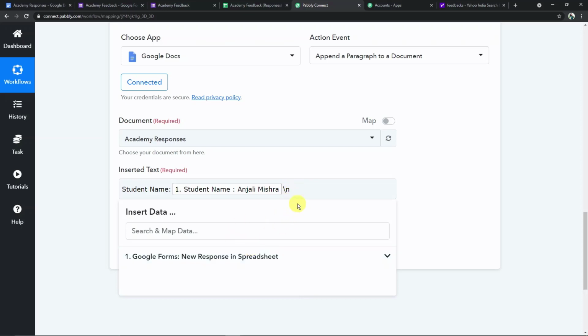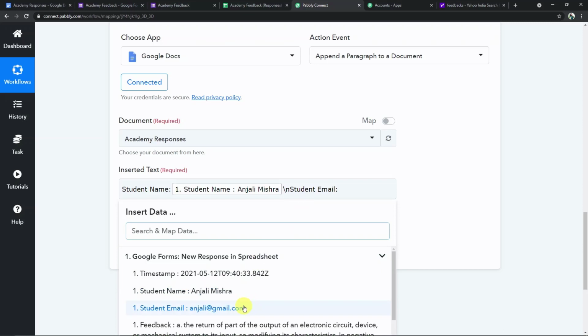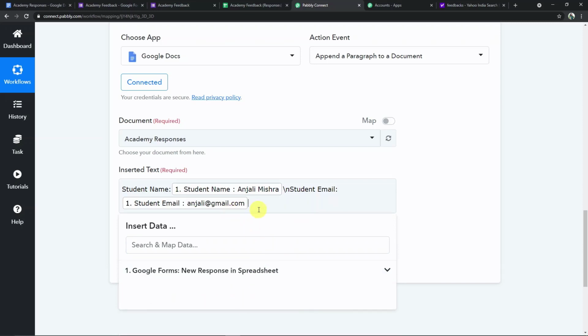Here again I'm adding student email with a colon, and you can map it from here. Again /n for another line, and this time it is feedback.